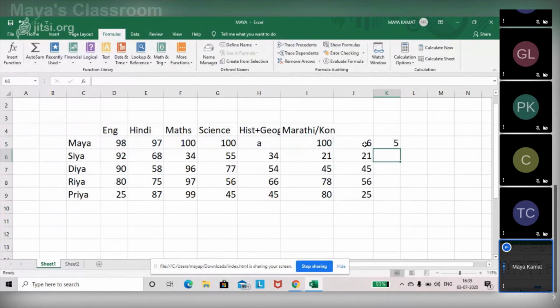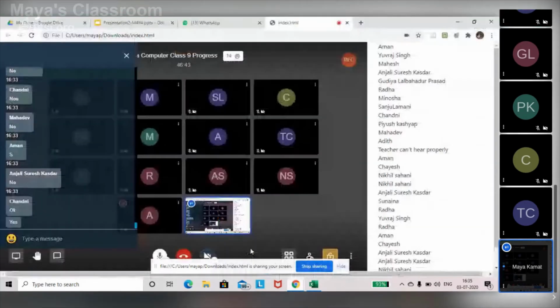What is the difference between count A, which shows 6, and count, which shows 5? One of you, please unmute yourself and tell me.